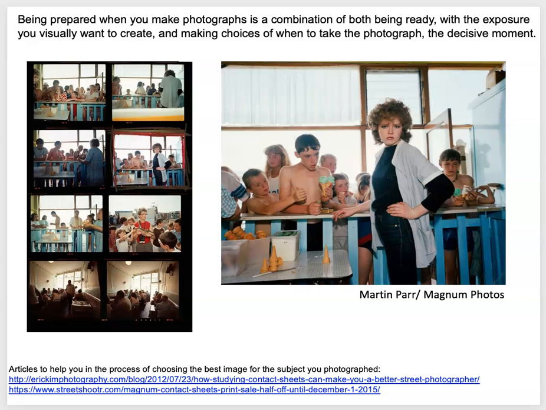And so here, he's in some sort of a restaurant or eating facility, and he's taking a bunch of pictures, and then boom, he gets this one that is the one that, of course, he chooses to publish. And there's a lot going on in this photo that really grabs you, and a lot of it is the expression of the person who's working at this counter. So those are things and why it's so important to think about